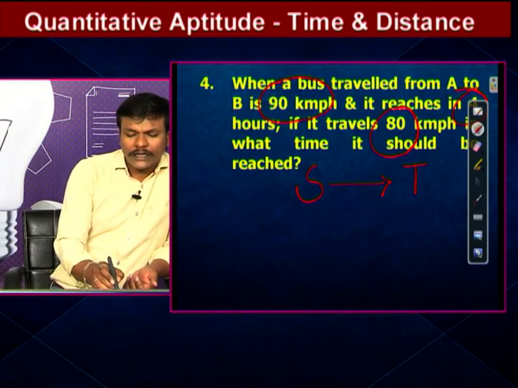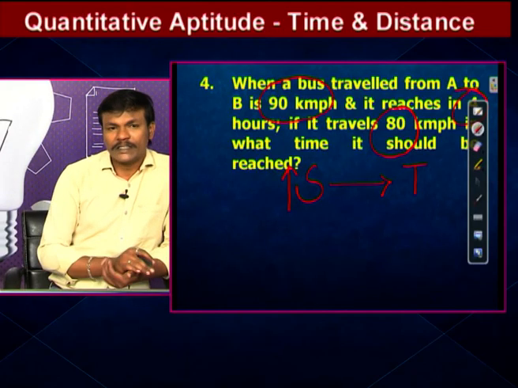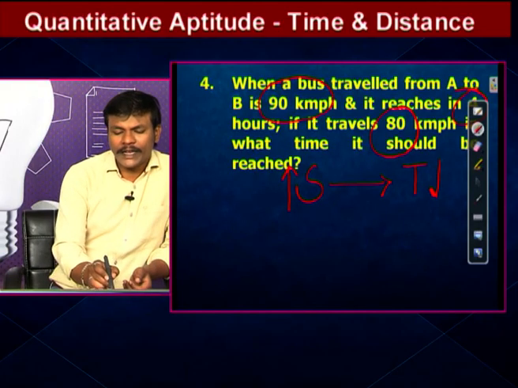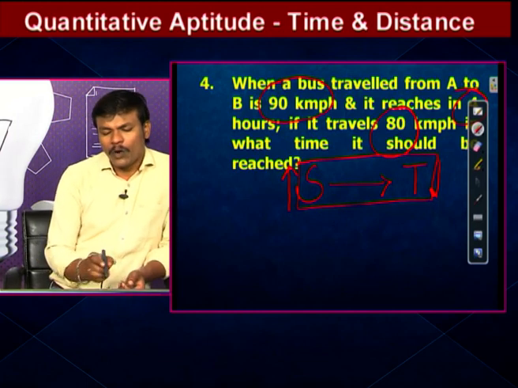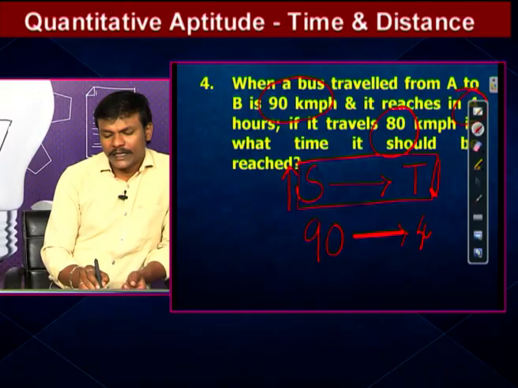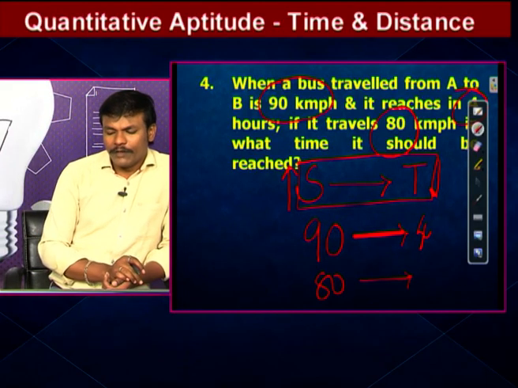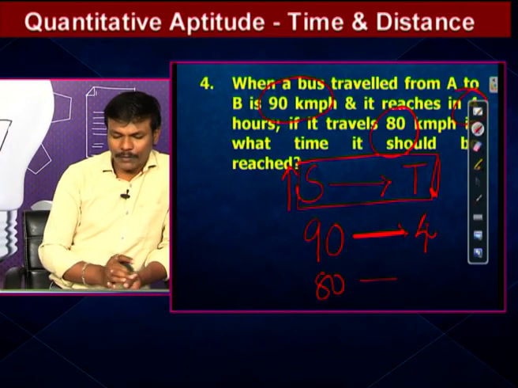We already know that when speed increases, time decreases. This is the inversely proportional theory. Inversely proportional theory, we are applying the adjacent multiplication of the given terms. What is that multiplication? 90 km per hour is the speed, time is 4 hours. Then 80 km per hour in what time? When we have speed to time, the speed increases, time decreases, inversely proportional.